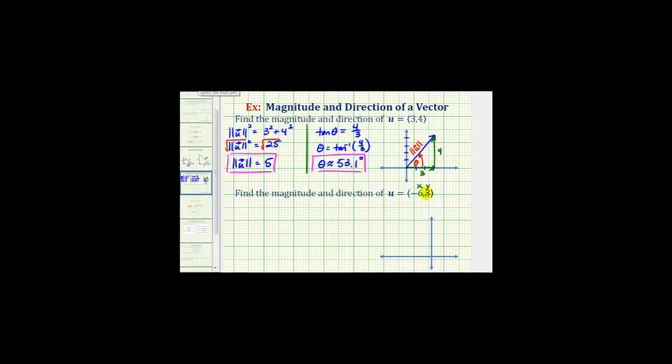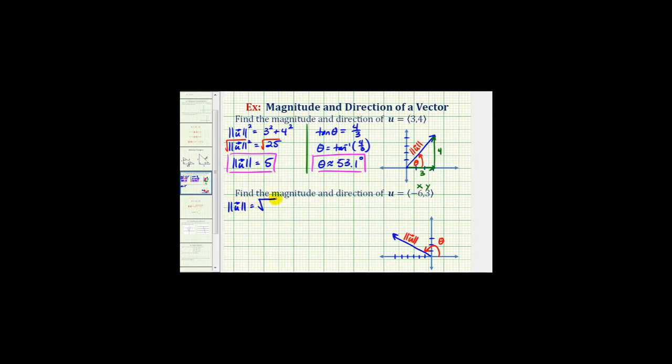So for the second example, the vector has a terminal point of -6, 3, which would be here. And again, we want to find the magnitude of vector u and the direction, which would be this angle here. But this time let's use our formulas. So we have the magnitude of u